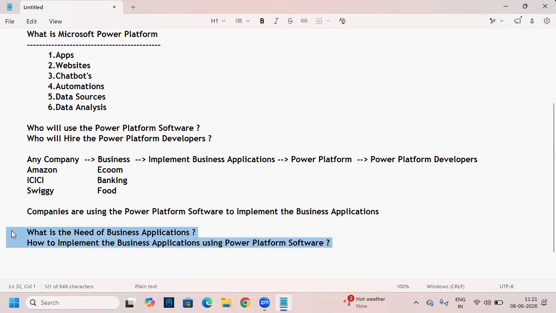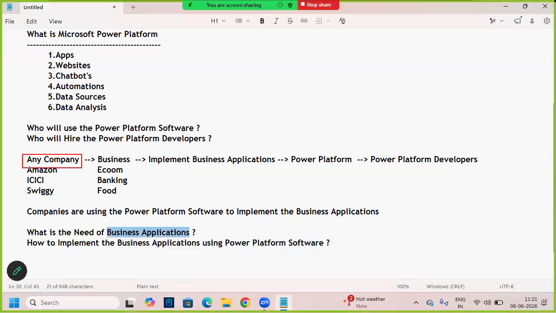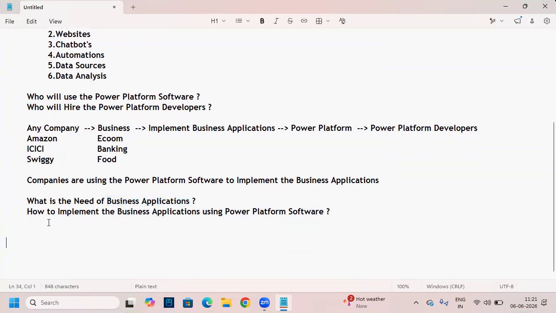These 2 points we need to understand, right? So first, let me discuss what is the need of business applications. Why do companies need to implement business applications before starting the business? What's the need of them? Let me keep here, guys. Business applications